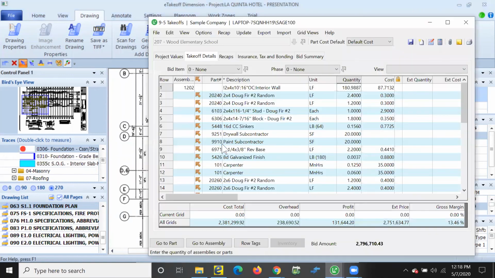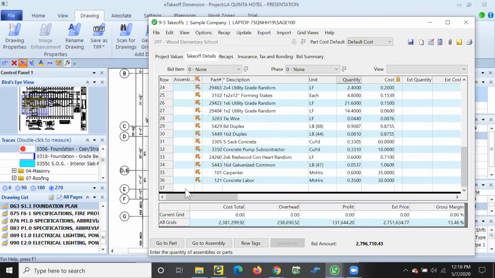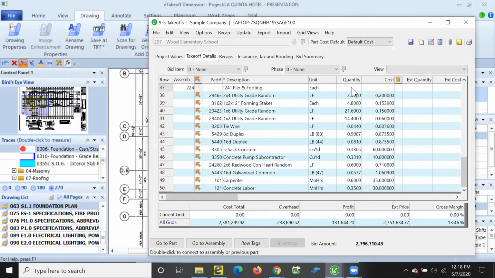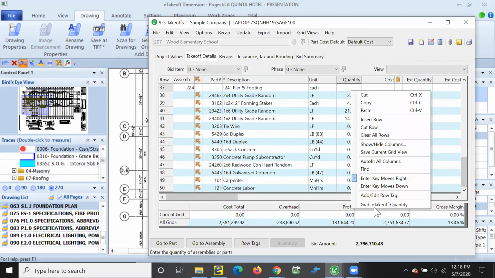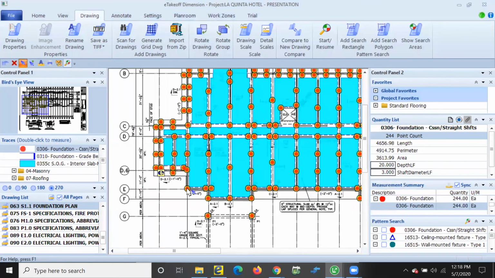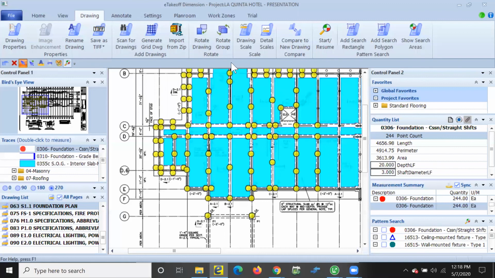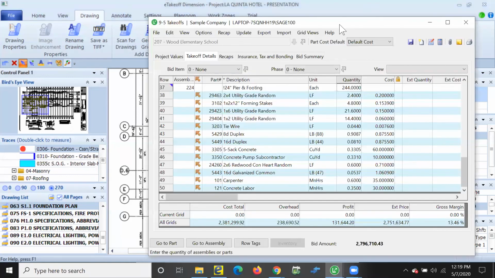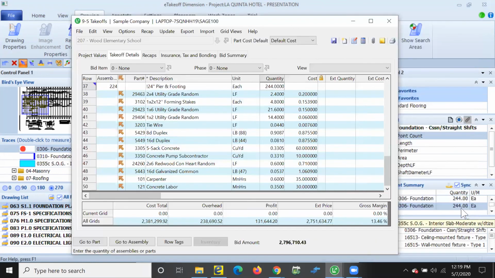I haven't put in my assembly in here, so I'm just going to do a quick pick for that pier, populate my 100 contractor estimate, and grab this quantity for this assembly over from eTakeoff. So I'll select that and bring it back. And there we have the 244 piers quantified, just like we did in eTakeoff.